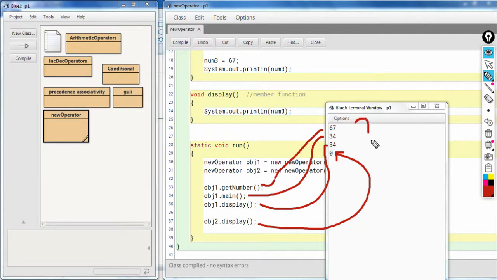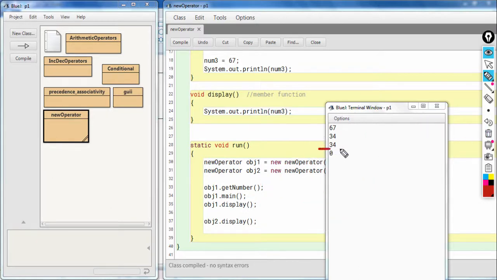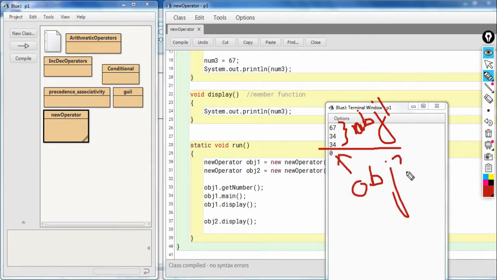Now all these are values of num3. Okay, the difference is the first 3 lines are showing the value of obj1's num3, and this 0 is obj2's num3.